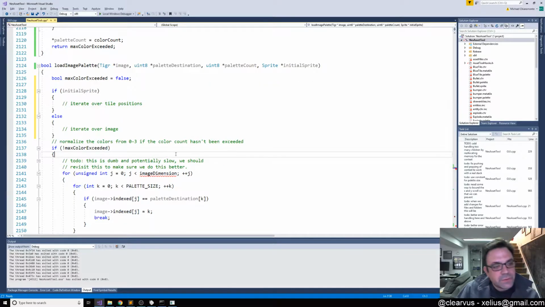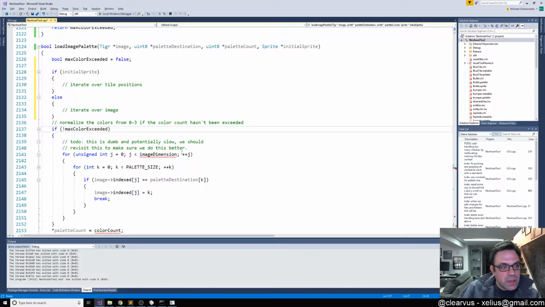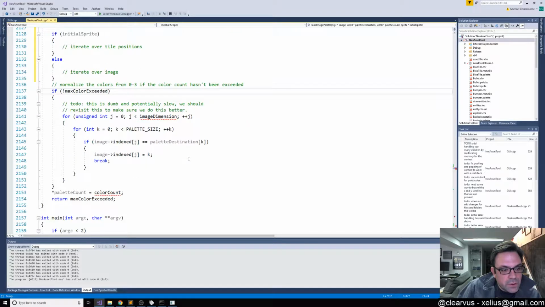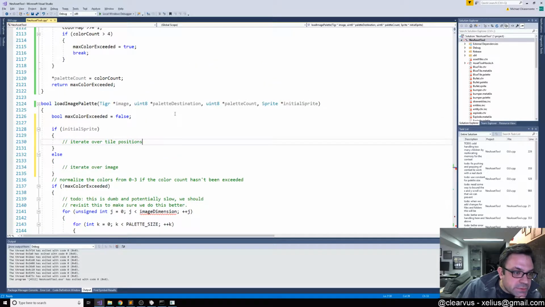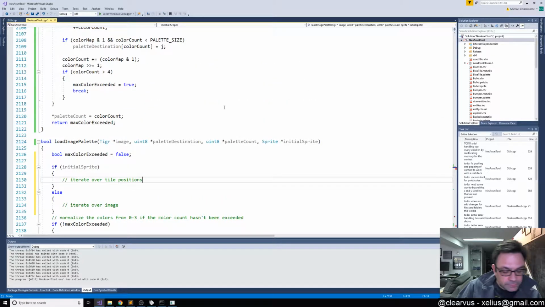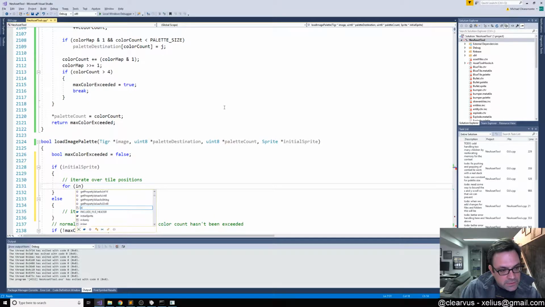And then what we also need to do is this part here where we generate the indexed image. We'll take care of that in a second. But so let's do this. So for this one, it's easy, right? We say